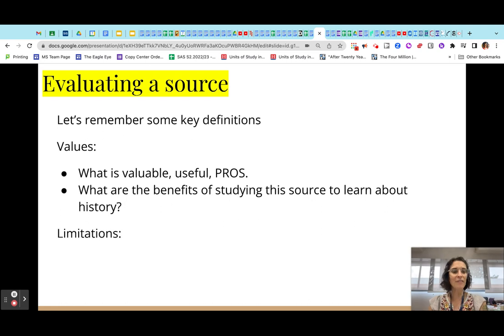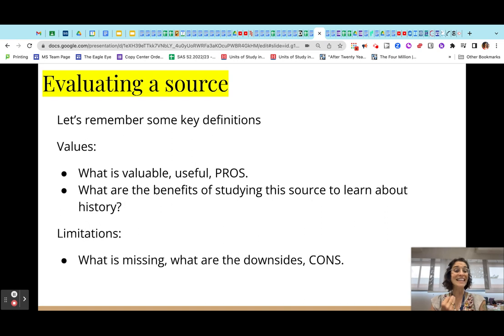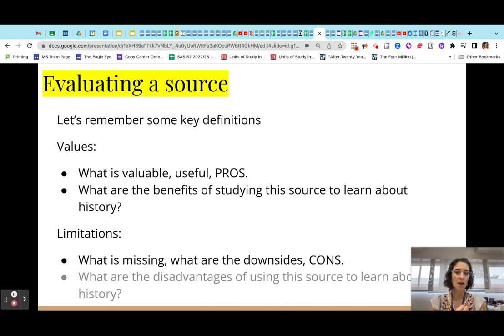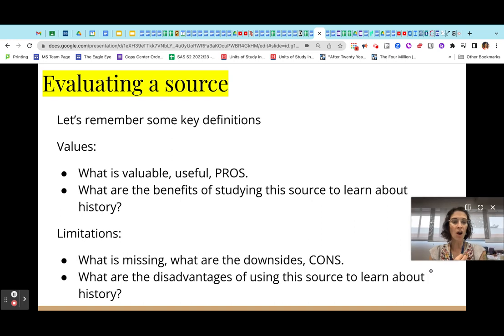The next word we have is limitations. What's missing? What are the downsides, the cons, the disadvantages? We might ask ourselves, what are the disadvantages of using this source to learn about history? That does not mean this source is unreliable or biased or should be ignored. We really shouldn't be reading any source that has misinformation. So we've already determined that this source has correct information, but we have to consider the pros and cons,